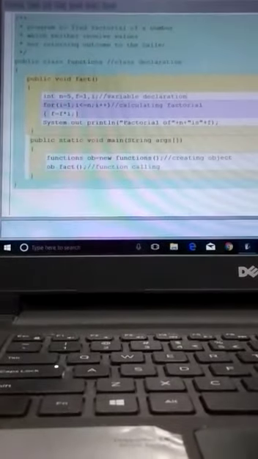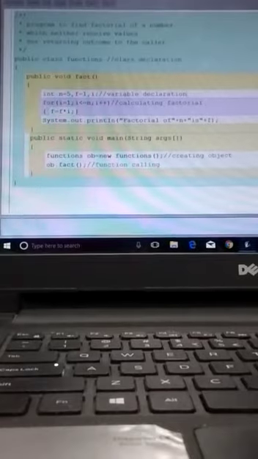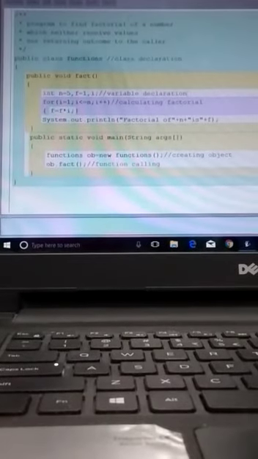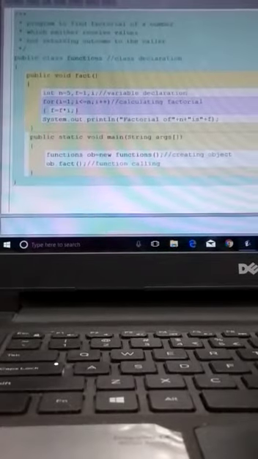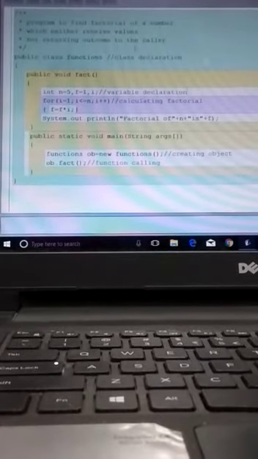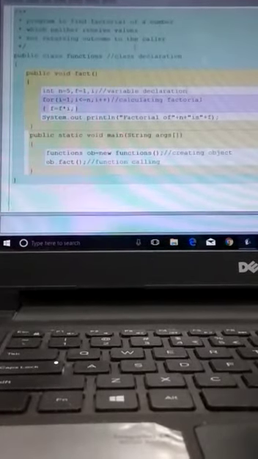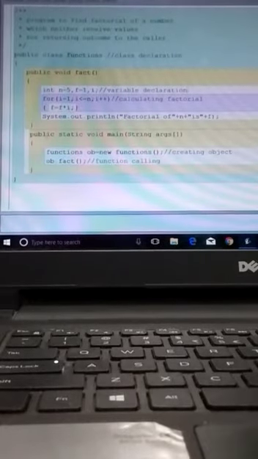As you can see, hope it's visible to you. So here the first program is a program to find the factorial of a number which neither receives a value nor returns an outcome to the caller. Means it is not receiving any value from the main function. Here we have written the main function.